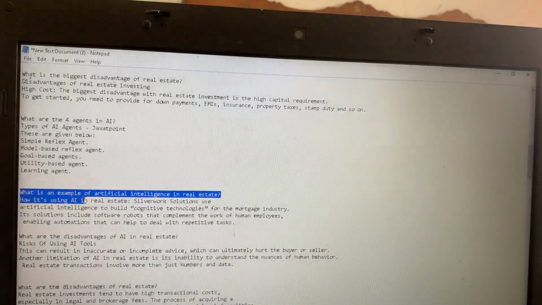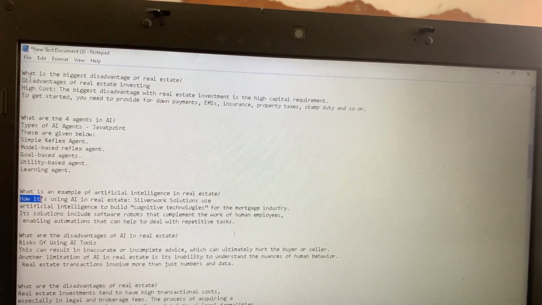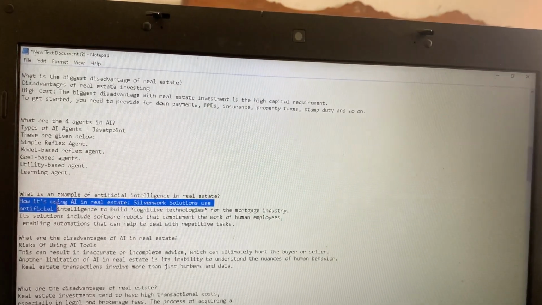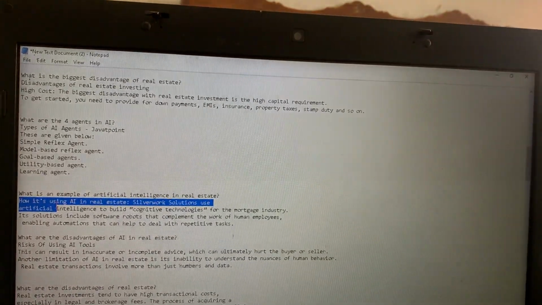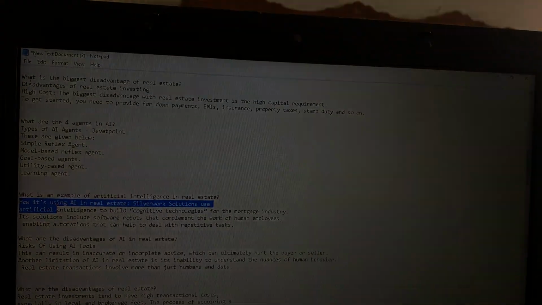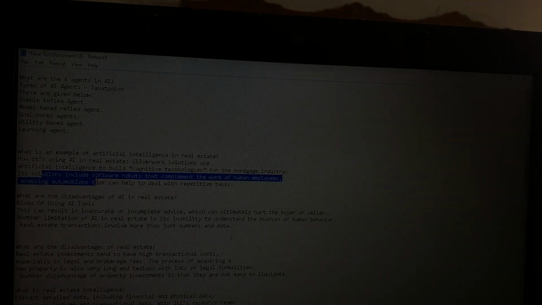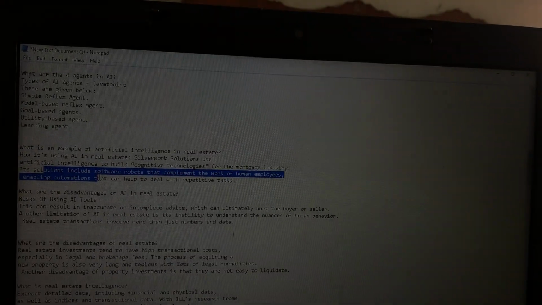What is an example of artificial intelligence in real estate? How is it being used in real estate? Silverwork Solutions uses artificial intelligence to build cognitive technologies for the mortgage industry. Its solution includes software robots that complement the work of human